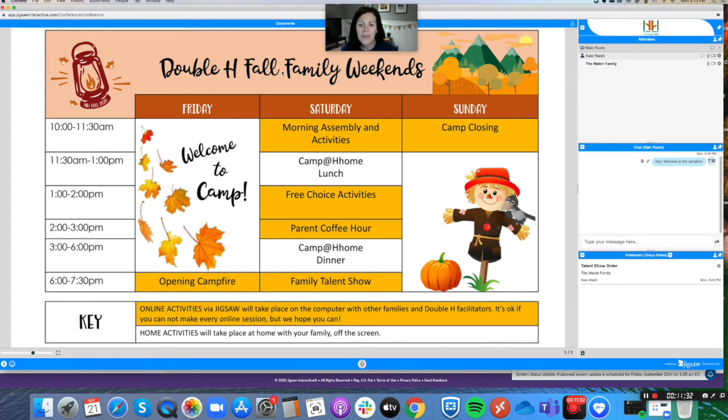We love it all. So then what we'll do is we'll join all together again on Jigsaw at 1 o'clock, and we'll do some free choice activities, so you guys will get to decide where you would like to go. And again, as a family, you can decide to go to one activity, or if you have multiple devices, you can divide up as family members and go to multiple activities happening. Typically, we only have 2 or 3 going on at a time, so there's not tons of options. But if there are some differences in what people want to do in the family, feel free to divide up